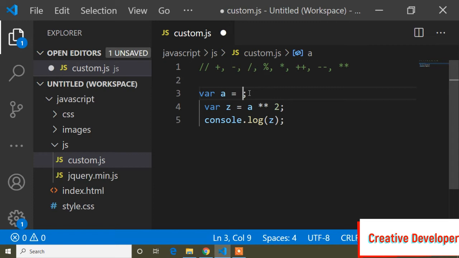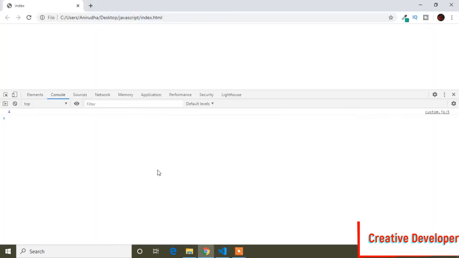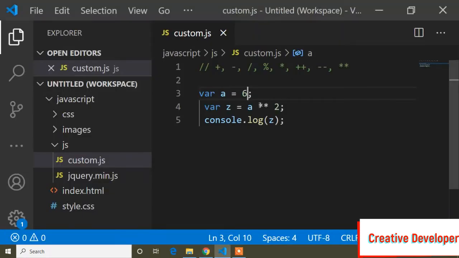And in the same way we can write here 6, any number you can write here. So 6 power 6 means 36. So the double multiplication means it adds the power of the value. So guys, this double multiplication is also called arithmetic, because this is working with numbers, it's performing with numbers, so we can call it arithmetic this time also.